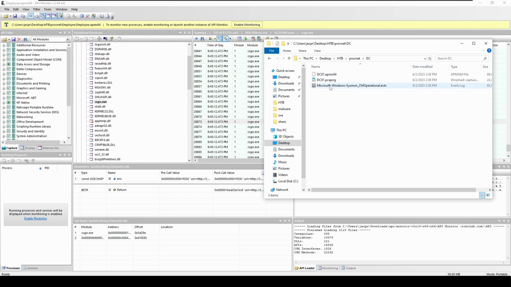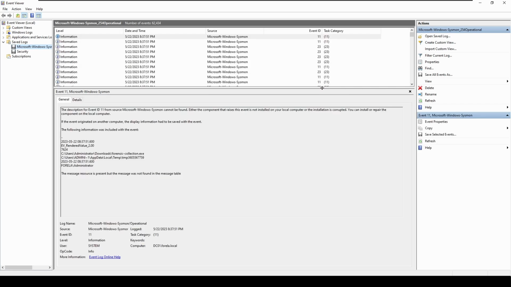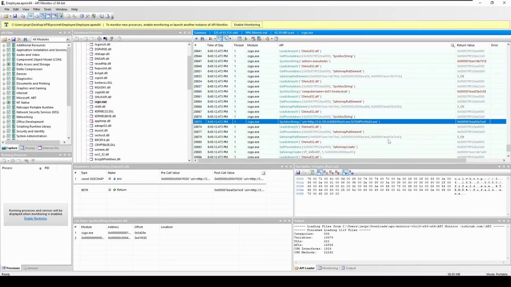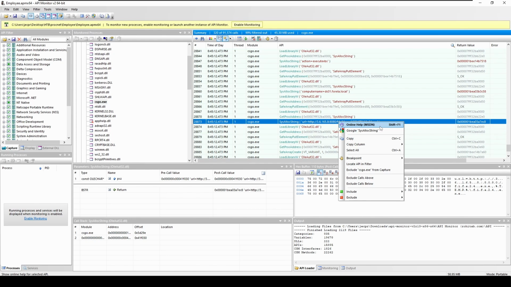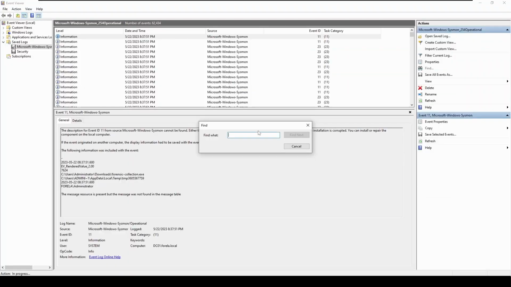So I'll jump back into the domain controller. I'll open up the event log. I think it's like high teens or somewhere in the 20s is the event ID for stuff to do with WMI. But the simple way would just be to search for that particular URL string, because that should be fairly unique. So if I copy this,